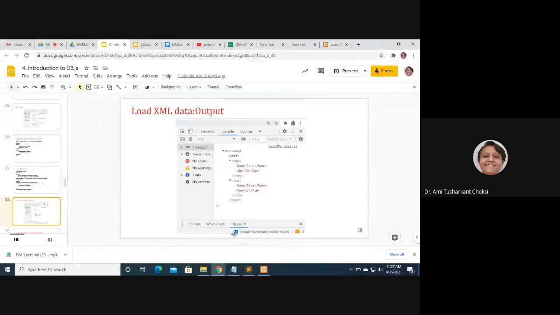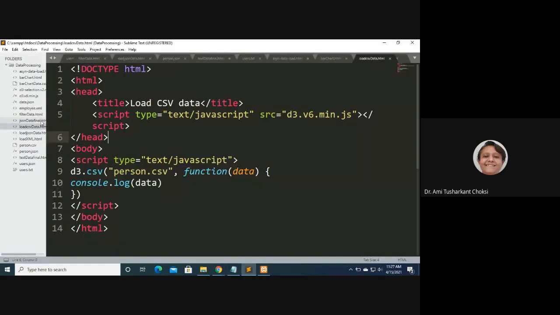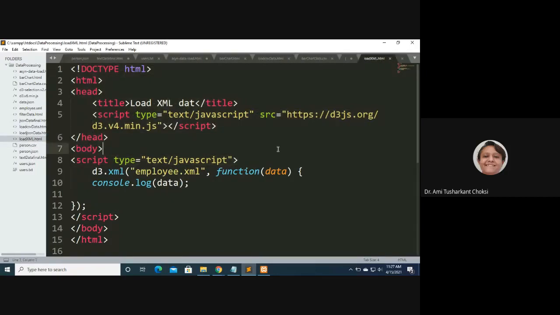This is load XML, right? So in Sublime, load XML data. Yeah, here it is. It is the same file which we have just seen in the presentation, fine. The D3.js file is being loaded.